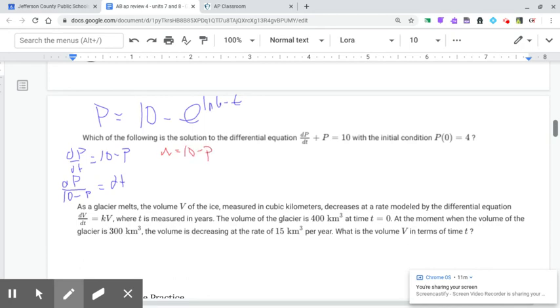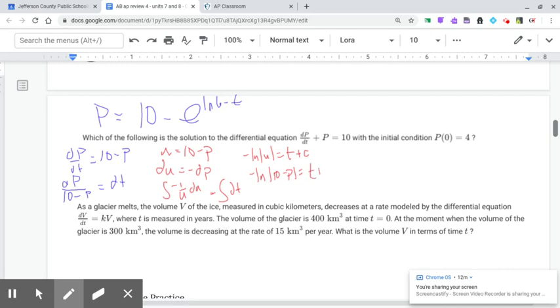It is a function within a function, and if you did u sub it, then you would get something like negative 1 over u du equals dt. So that's negative log of absolute value of u equals t plus c, and therefore negative log of 10 minus p